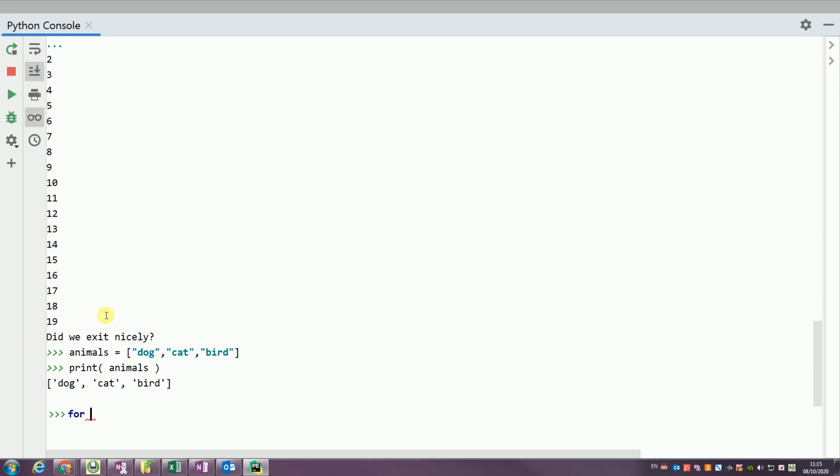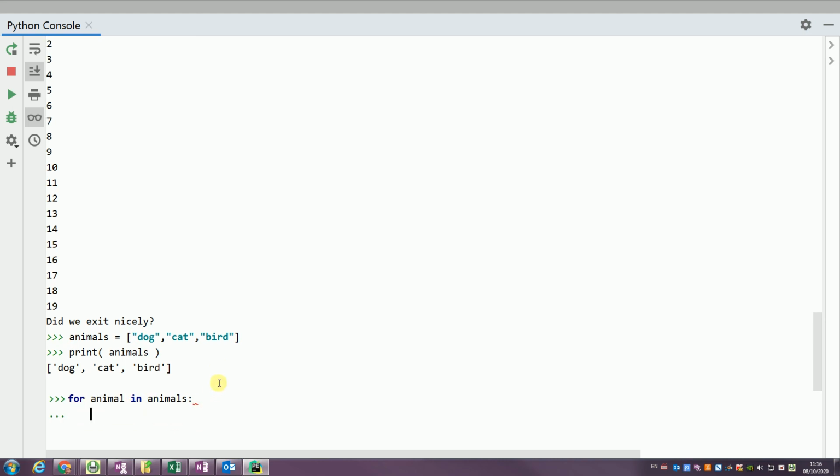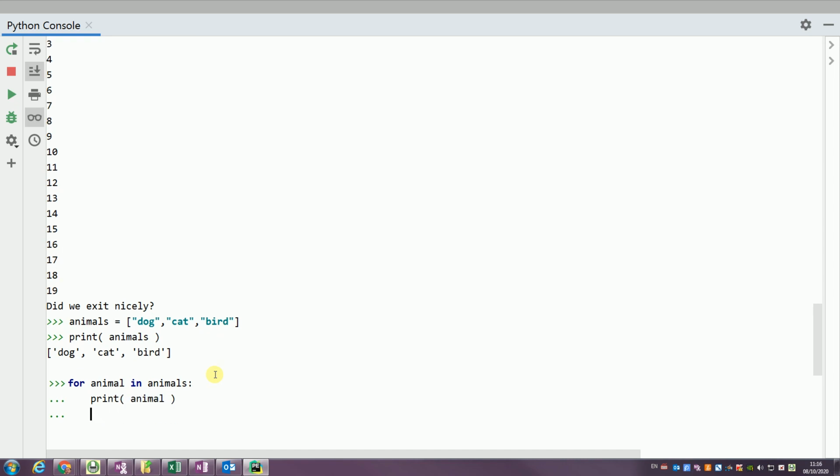You can do a for. Notice the tense, the plural state of what I'm saying. I've got two things that look quite similar. I've got animals, where there's more than one, and then the variable in the for loop is the animal. So each time through the for loop, I can print out the animal that's found. And when I run it,